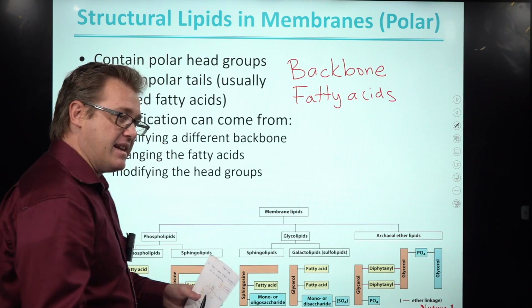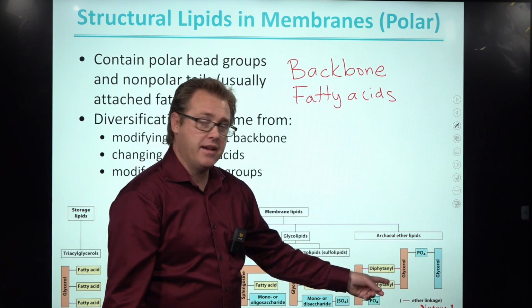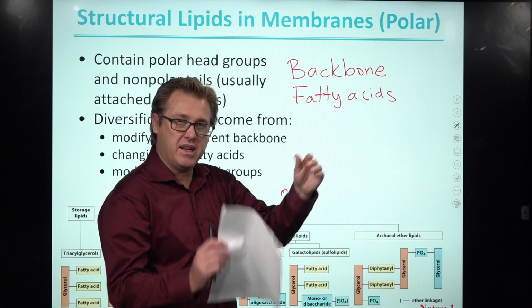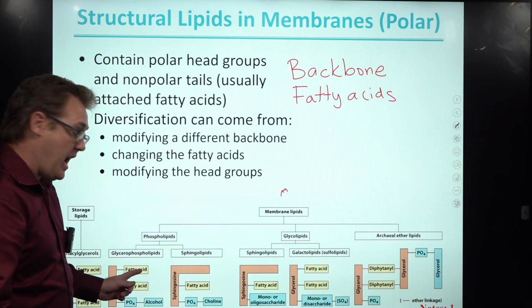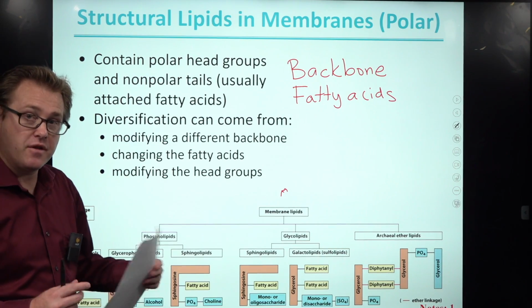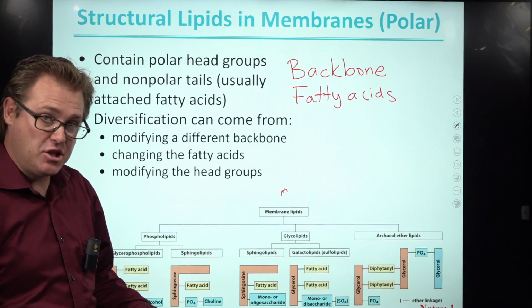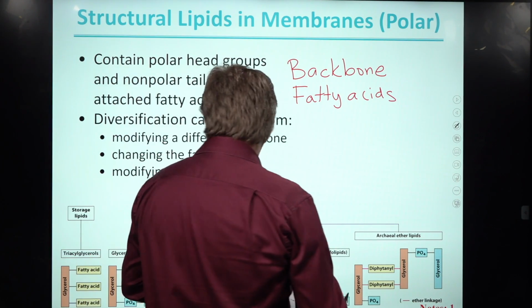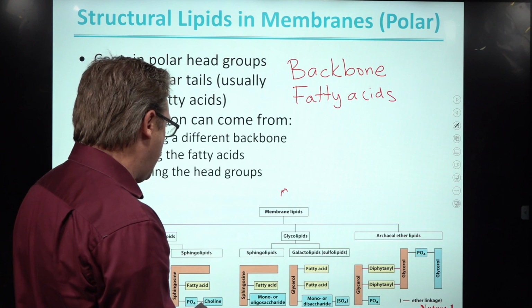So we have fatty acid chains, or when you come to the archaeal, it's not fatty acids, but just a long carbon chain. And so there's going to be diversity in the lipids based off of what type of fatty acids you have. So we have the backbone, the fatty acids or the carbon chains,